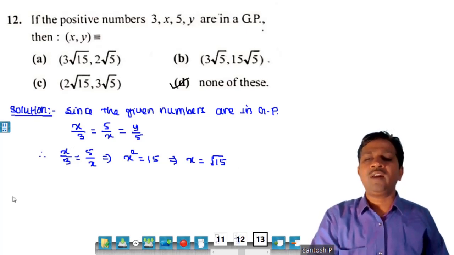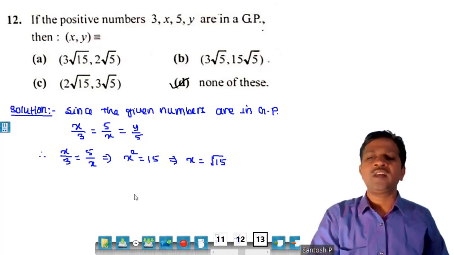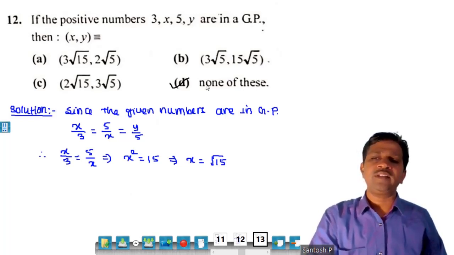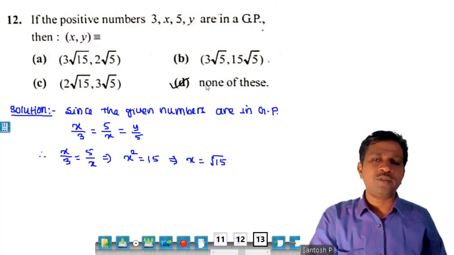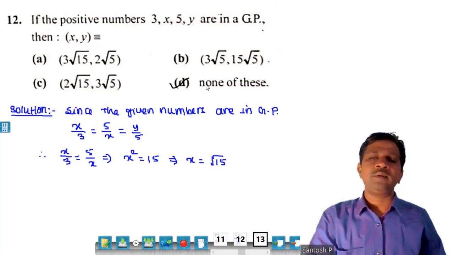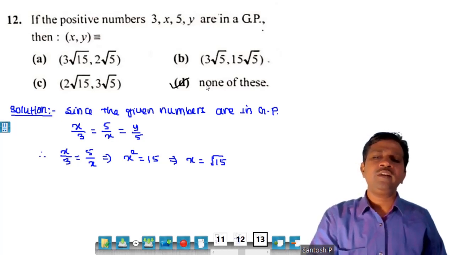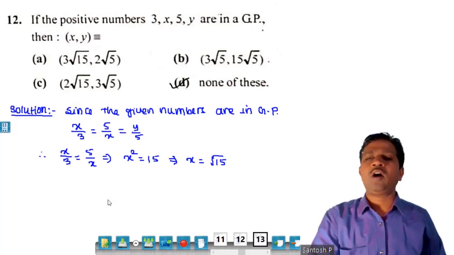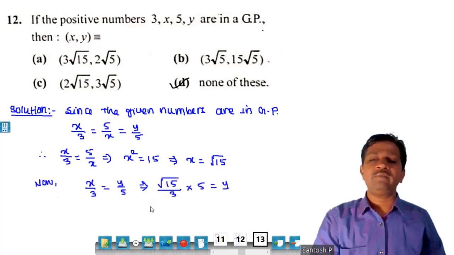But if you want to find the value of y, you can consider the first term equal to the last term, or the second term equal to the third term, and then performing the calculations, you can obtain the value of y. But in MCQ examinations, you must look at the options carefully while solving the problems. If I'm getting x equals root 15 and no option shows that x is root 15, then definitely none of these is the answer. Or if there is only one option showing x equals root 15, then that is the answer. You should not go for y. Why should I waste the time?